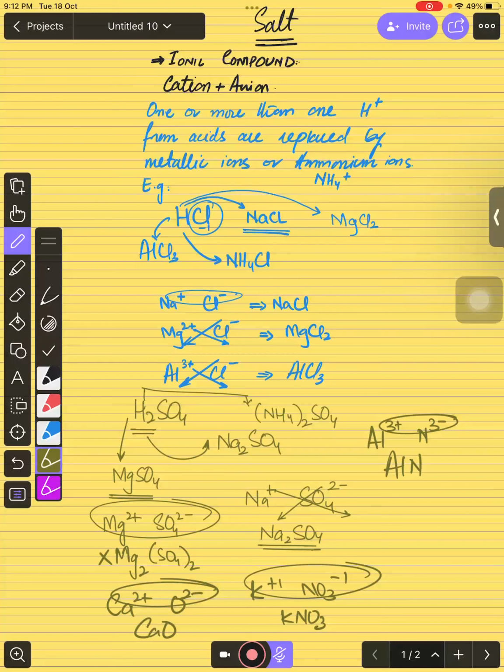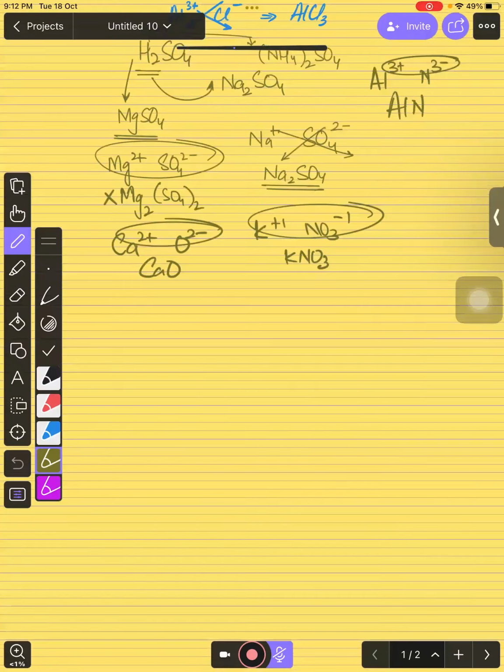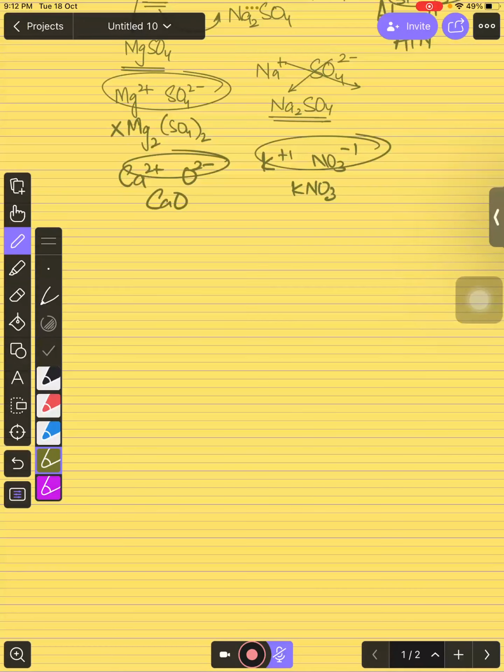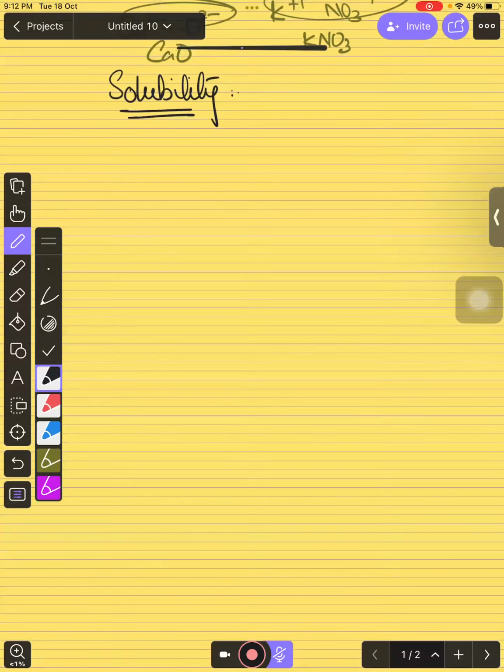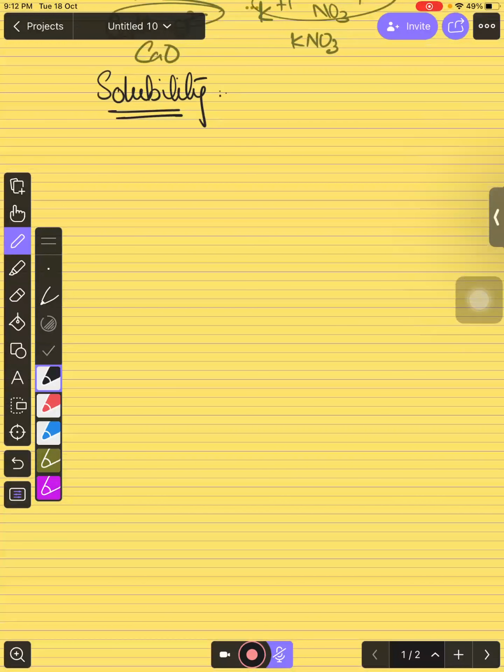Now, after the definition of salts, that's very important to talk about the solubility, right? This is something that you need to learn. Solubility of salts, right? Which salt is soluble in water and which one is not. It is very, very important for the salts, right? अगर आप बात करते हो salts की, तो उसके salts बनाते वक्त आपको सबसे पहले पता होना चाहिए कि कौन सा salt पानी में soluble है और कौन सा salt पानी में soluble नहीं है।